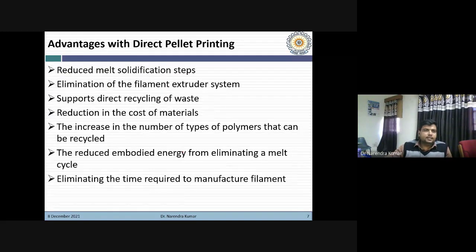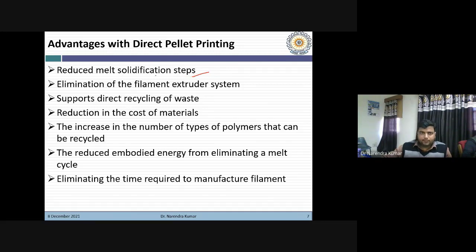So you can see the advantages of direct pellet printing. The first advantage is reduced melt solidification steps, because for filament manufacturing we have to go through different stages, right?